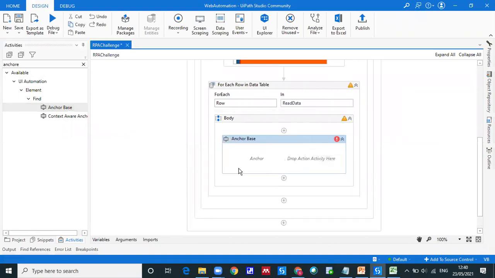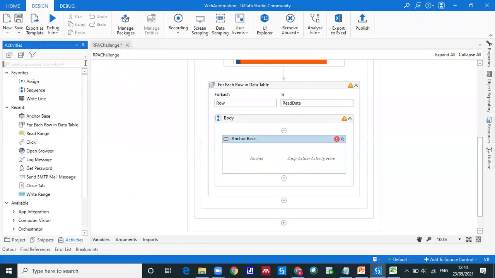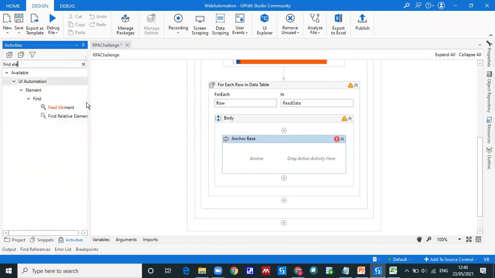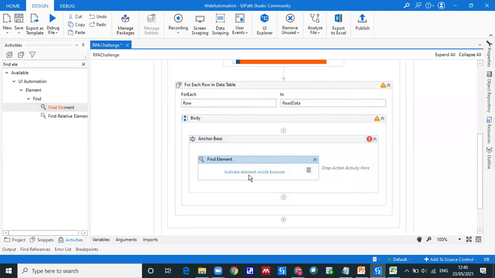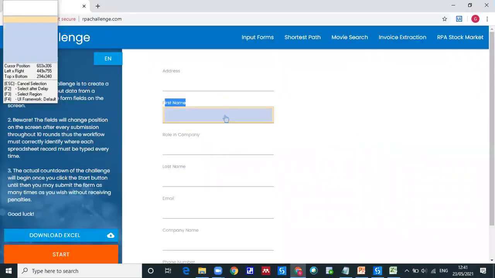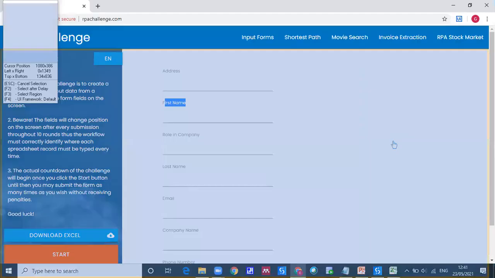So here it is called an anchor. Anchor base, we have to add two options here. What am I supposed to add? I'm supposed to add find element. First, it will search for that element. Where is that element? There on the screen. Click on, let's say, first name. Just a second, I'm going to